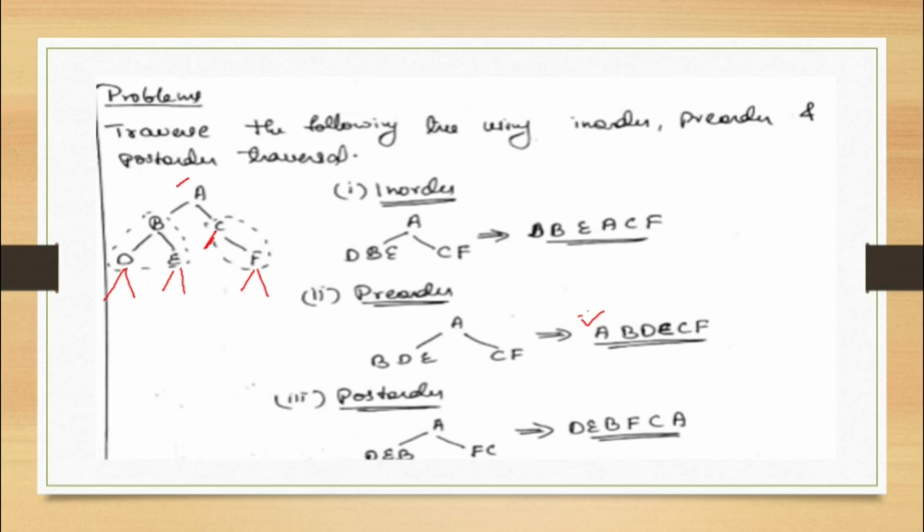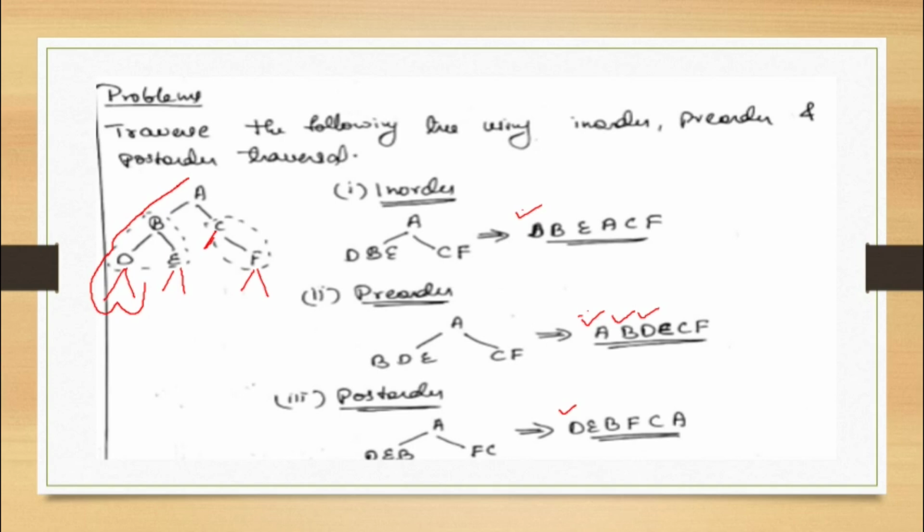Then I come to B for the first time. So again I tick in the pre-order. Then again I come to D for the first time, so I write it in pre-order. Now I have to come here and I visit D for the second time. So when I visit D for the second time, I mark it in order. So I turn here and I come to D for the third time. So I am going to mark it in post order.